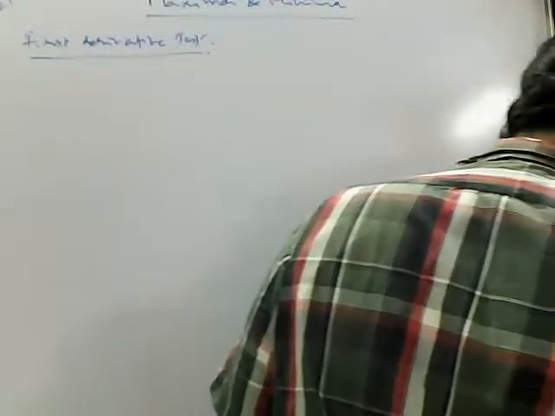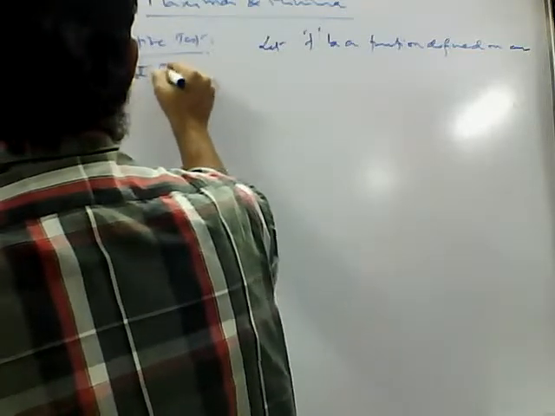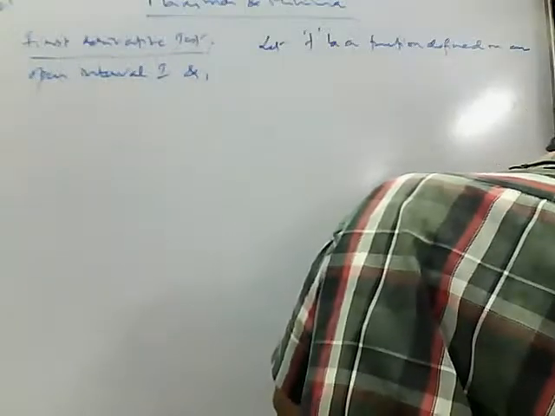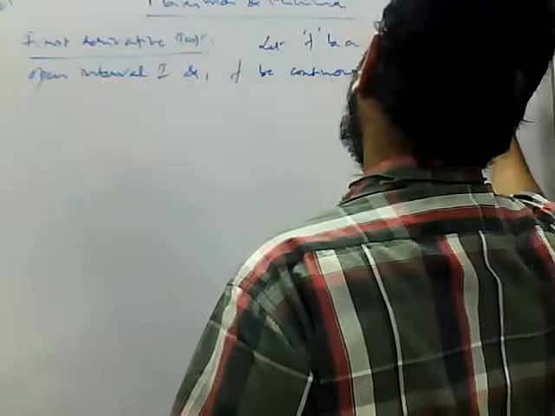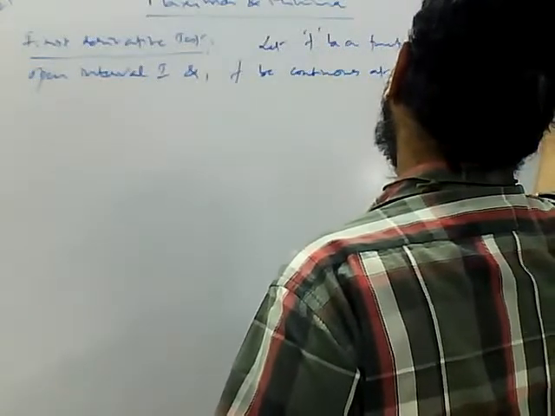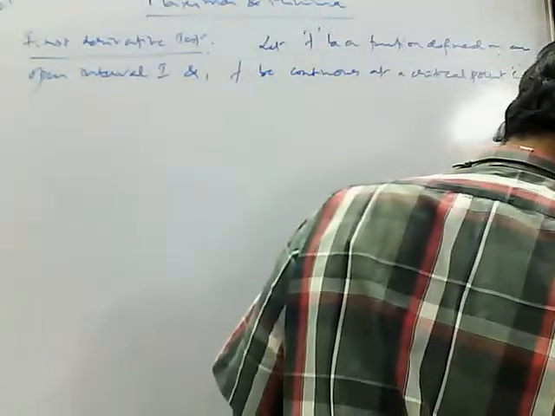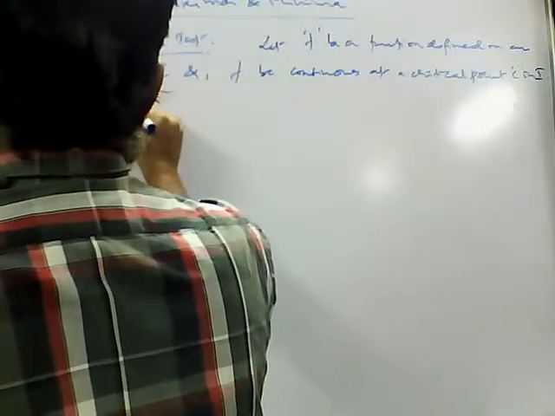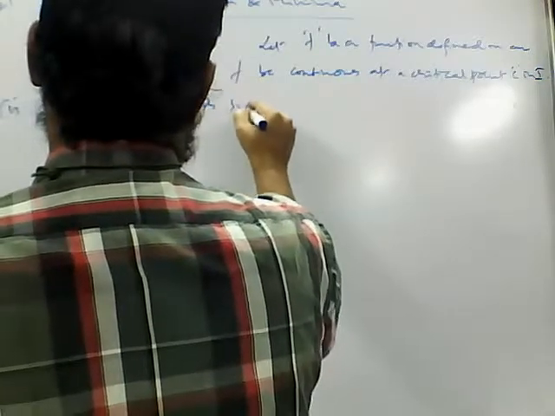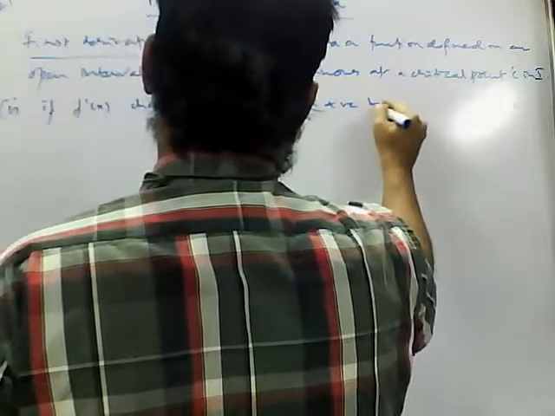Let f be a function defined on interval I and f be continuous at a critical point C in I. Next, point 1: if f dash x changes its sign from positive to negative